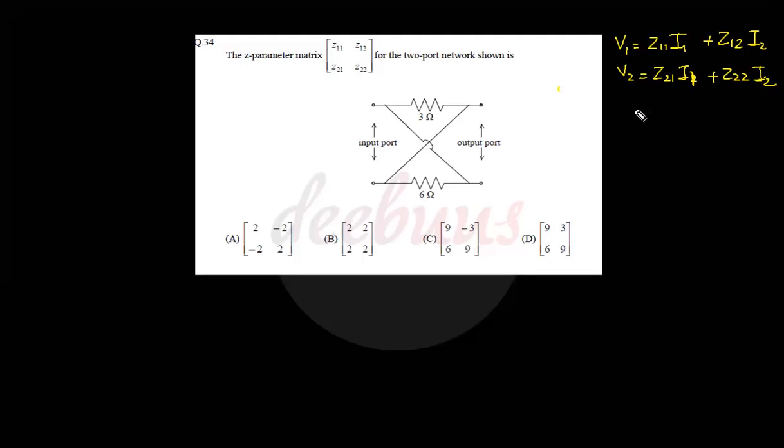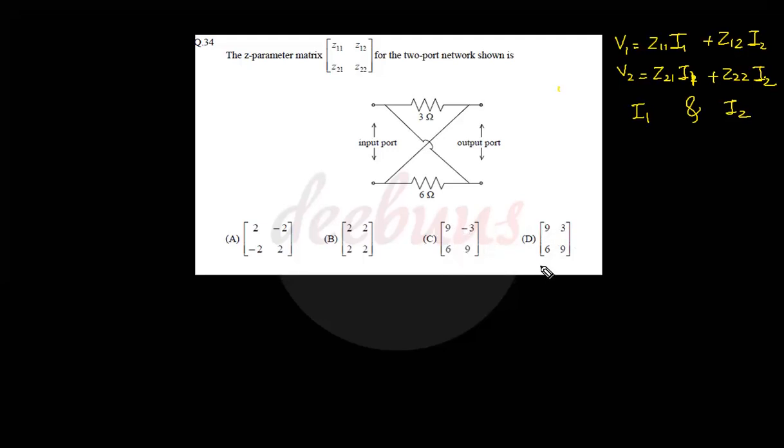Now the independent parameters are I1 and I2, right? If I1 equals 0, I obtain Z12 and Z22. Similarly, when I2 equals 0, I obtain Z11 and Z21. So, checking the options, there is a symmetry in options C and D, that is 9, 6 here and again